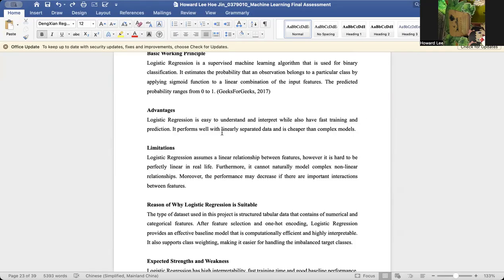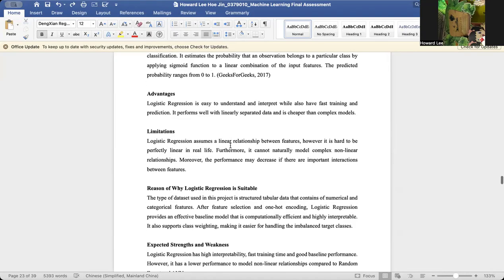It also performs well with linearly separable data and is cheaper than complex models. The limitation is that it assumes a linear relationship between features. Therefore, it cannot naturally model complex nonlinear relationships, and the performance will decrease if there are important interactions between features.